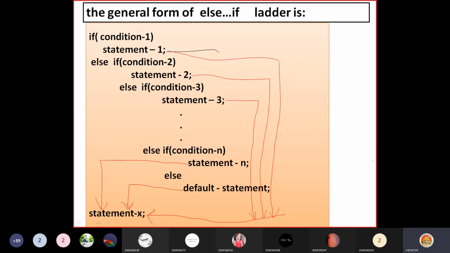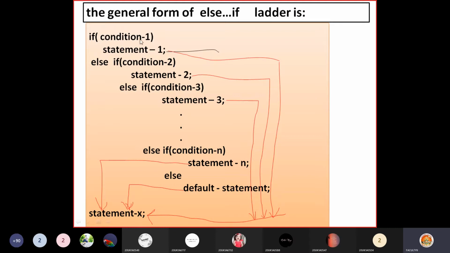Now if you see, else if kind of statements are there. So first condition 1 will be tested here, and if it is true, statement 1 is executed and directly control goes to statement X. If this is false, then only it comes to else part.